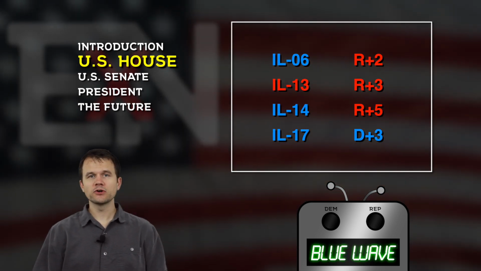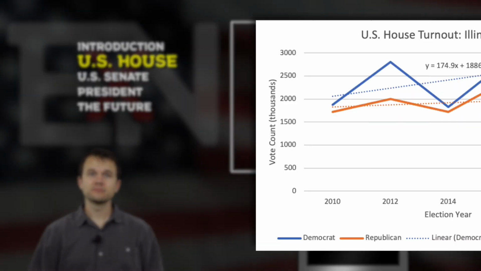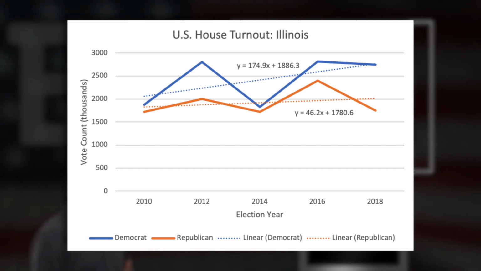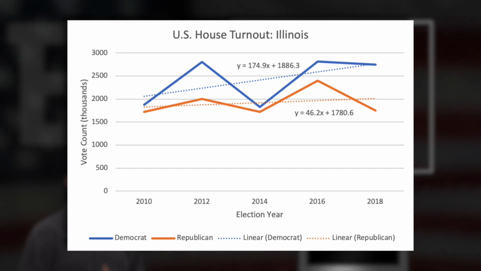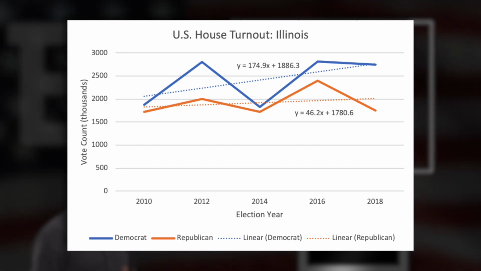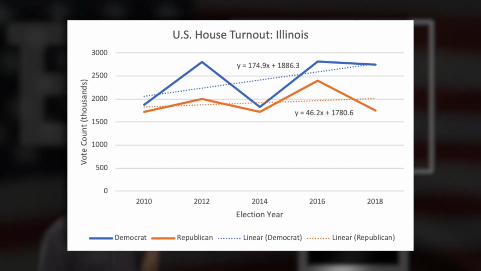So how have Illinois voters been trending in how they vote for House candidates? Well, let's take a look at a double line graph to figure that out. Looking at this, you'll notice right away the regular ups and downs that we can expect going from midterm years to presidential years and back and forth like that. Obviously, presidential years tend to have higher turnout numbers. But then, as we've seen so often already in this series, going from 2016 to 2018, we see a surge in Democratic turnout when compared to Republicans. The 2 midterm cycles prior to 2018 were 2014 and 2010, and as you can see, Democrats still outperformed the Republicans, but just by a sliver.